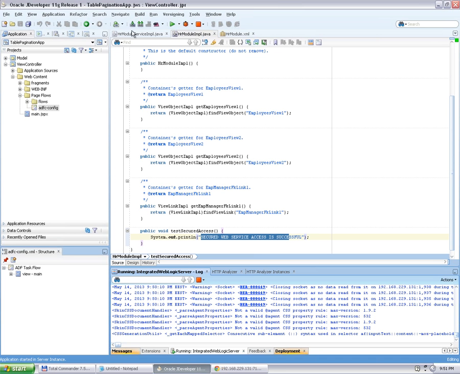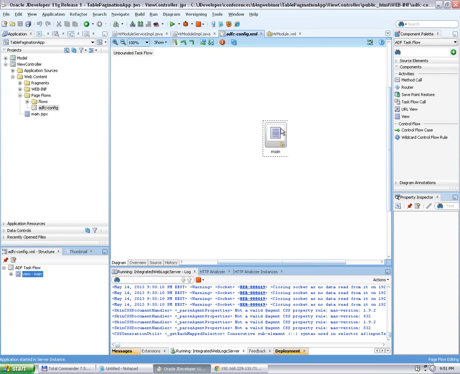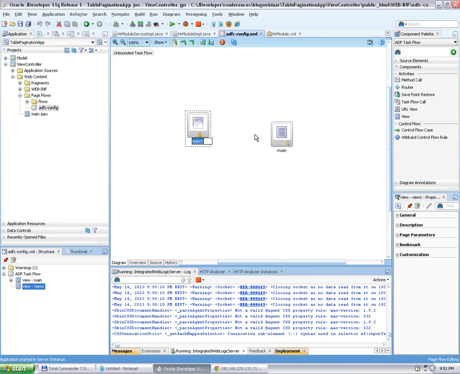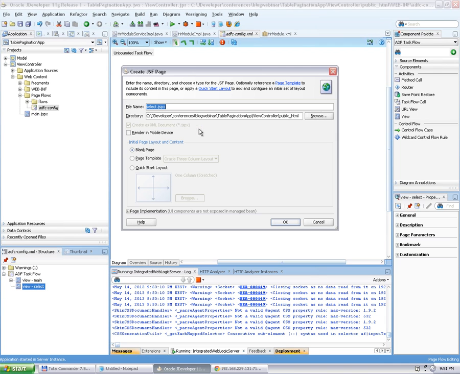The only thing that you should keep in mind, let me show you. Let's open ADFC config, and I'll quickly create another page. Say select,